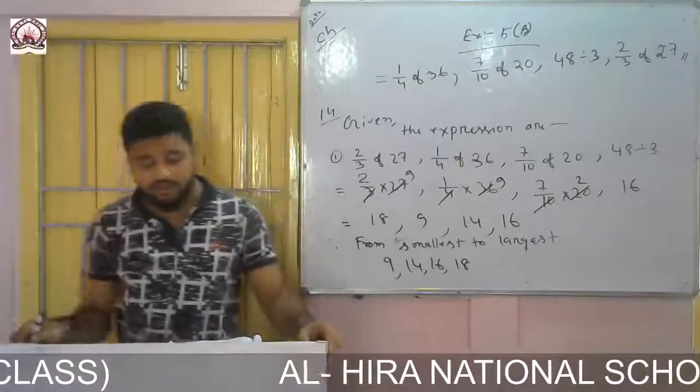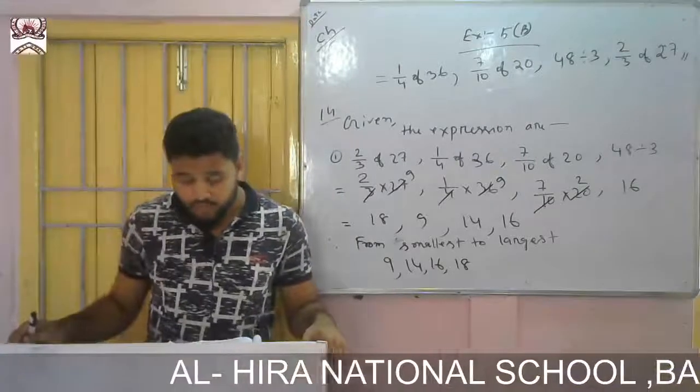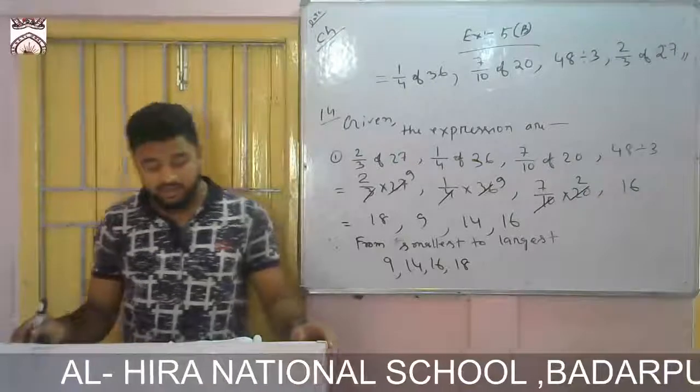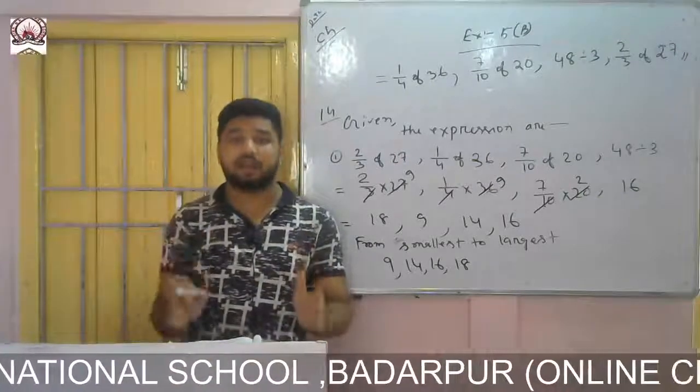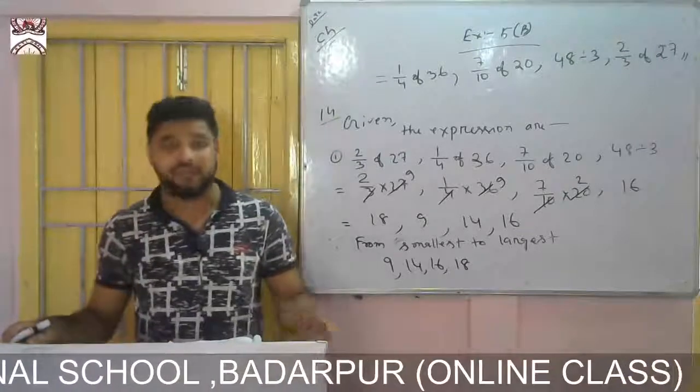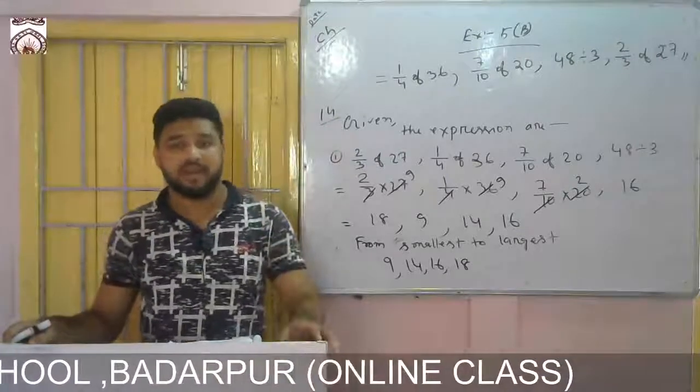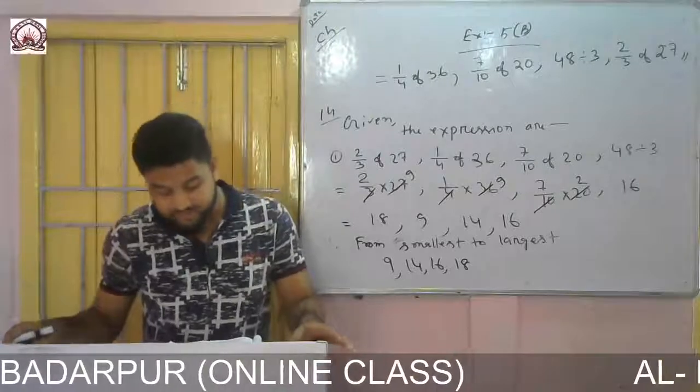In a survey, 80 students were asked to vote for their favorite subjects. There was a survey, and among this survey, 80 students were asked to vote for their favorite subject.